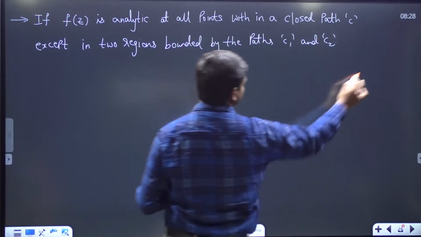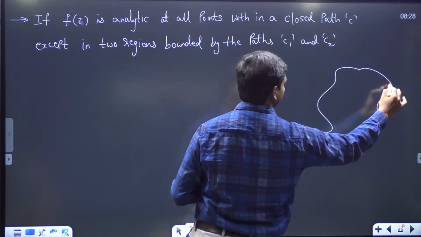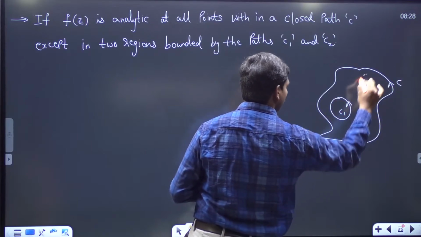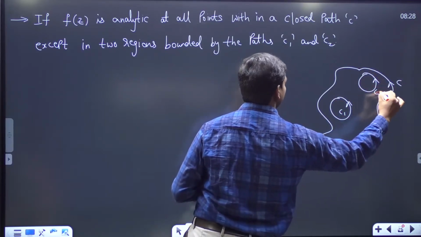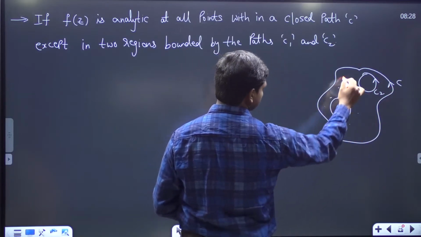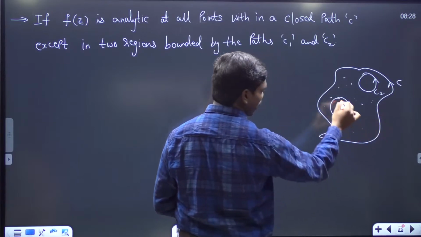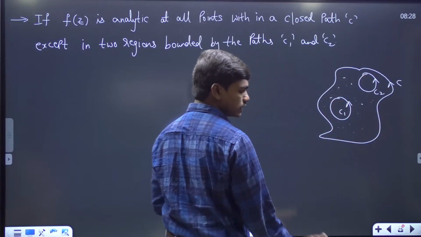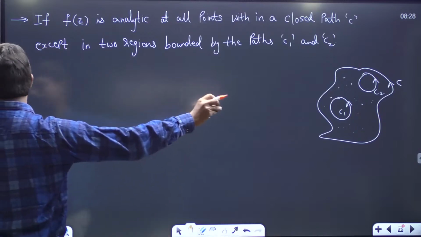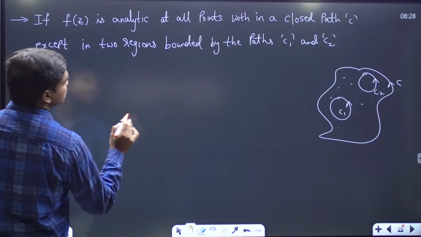Means basically if you have this case, if this is your C, then let us suppose this is C1 and some point here this is C2. So this f of z is analytic at every point out of this C1 and C2. But if you take some point within C1 and within C2, the function is not analytic within the closed paths C1 and C2. If this is the case, then